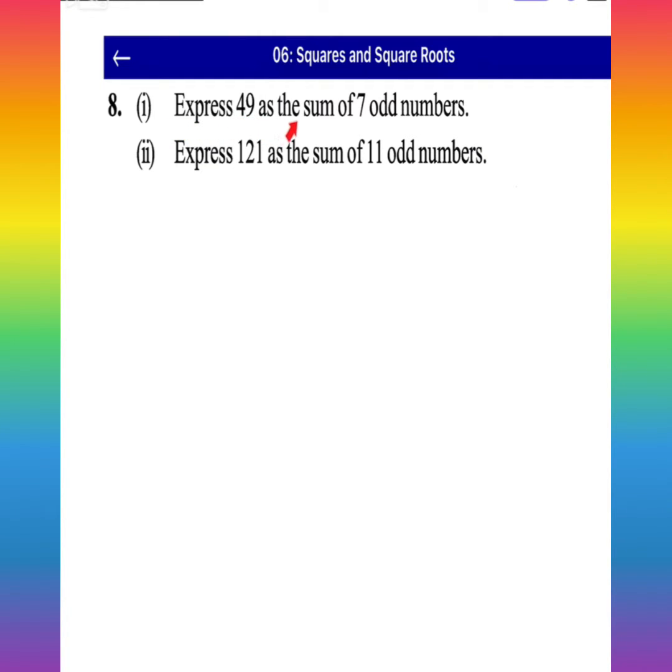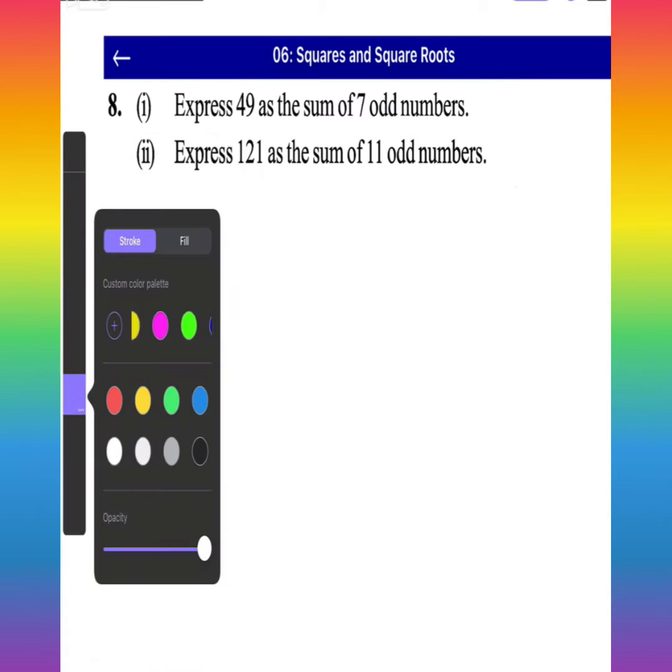Express 49 as the sum of 7 odd numbers. So how can you express it? Yes, of course you can write easily odd numbers.